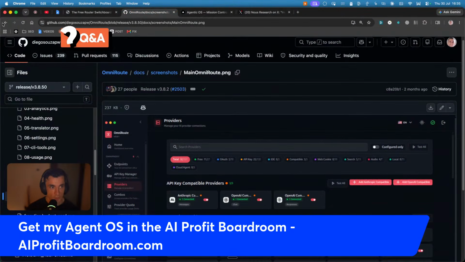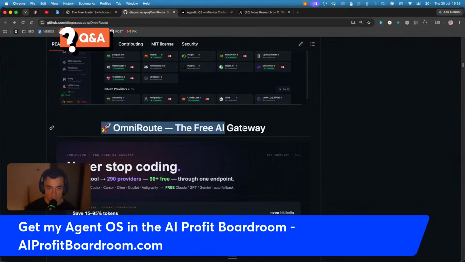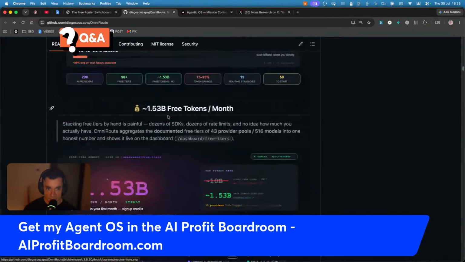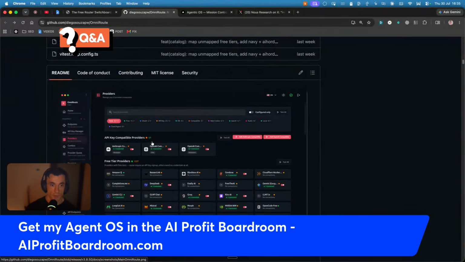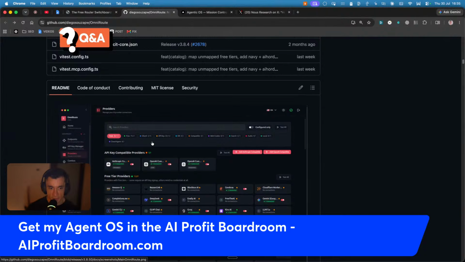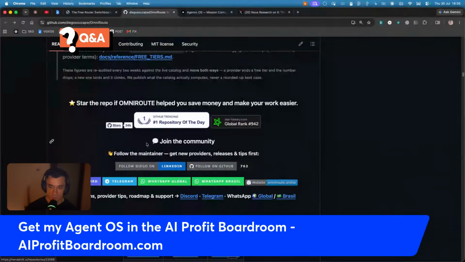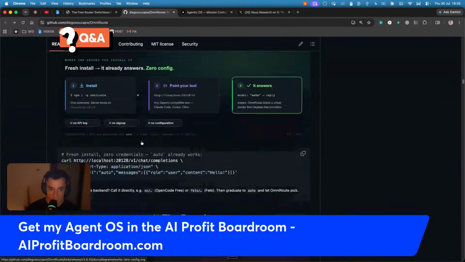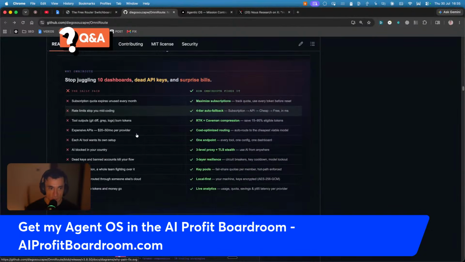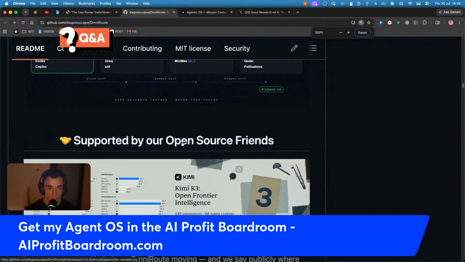Now, if you're wondering, okay, what is OmniRoot? OmniRoot is a free AI gateway for coding, which means you get access to loads of free AI coding agents, and then you can plug those into AI agent harnesses, like, for example, Claude Code or, for example, Codex. And the benefit of this is that it has loads of fallbacks. So if you're using a free API normally, the problem with that is that sometimes it will get rate limited or you run out of tokens. Whereas with this system, you can automatically fall back to a different model without having to do anything manually. All right. So if you look at the old way versus the new way, for example,